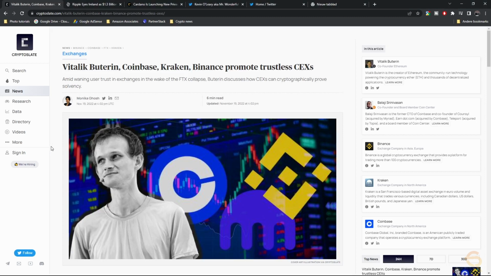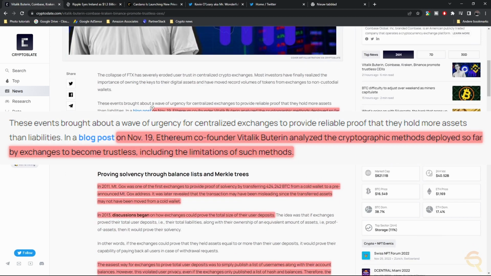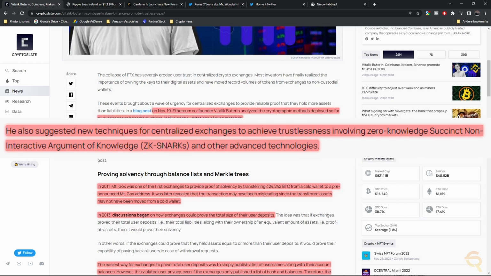The first one: Vitalik Buterin, Coinbase, Kraken, Binance promote trustless CEXs. Well, I had a look at this article, and on November 19th, Ethereum co-founder Vitalik Buterin analyzed the cryptographic methods deployed so far by exchanges to become trustless, including the limitations of such methods. He also suggested new techniques for centralized exchanges to achieve trustlessness involving zero-knowledge succinct non-interactive argument of knowledge, ZK-SNARKs,